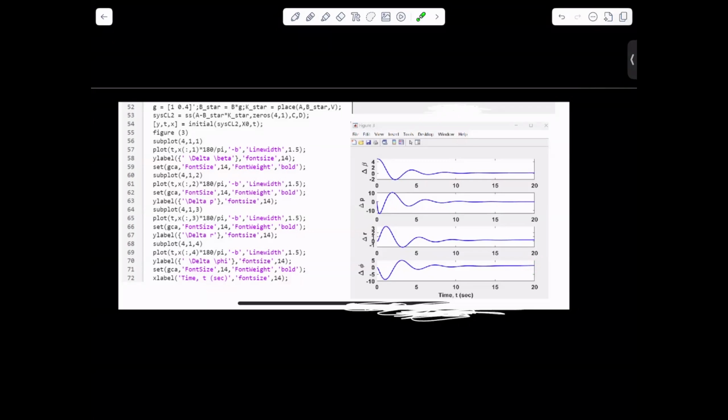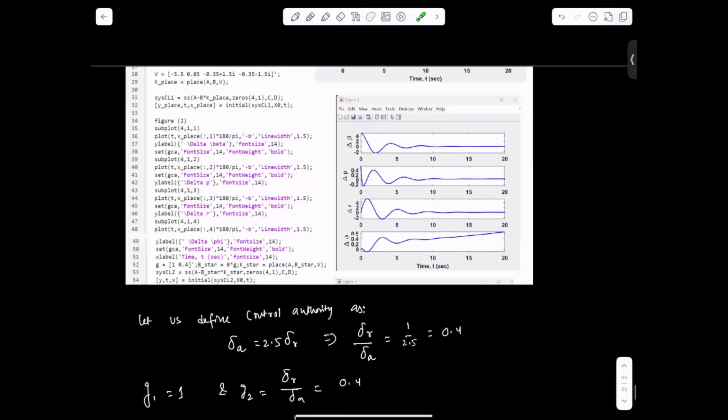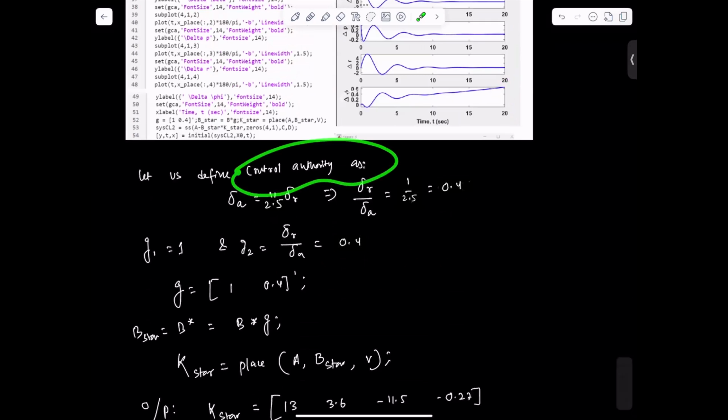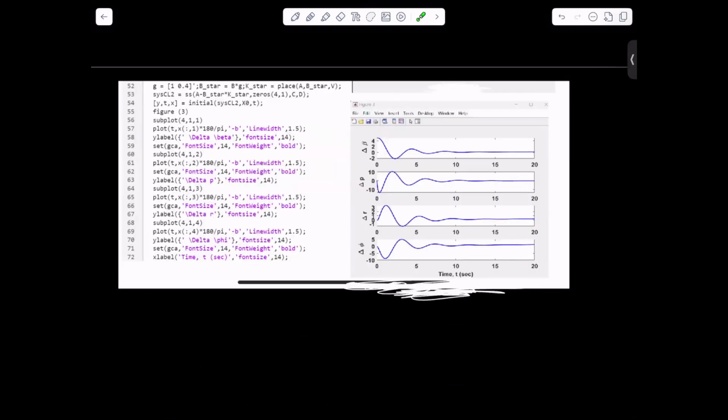I hope these codes are very important for you. For the different cases we need the code. This is for the open loop, there is no control. So that's why the system has sustained oscillation in the response. And here we have designed the control, but one of the states was not controlled. And then we apply the control authority concept. And based on that, the redefined control algorithm is able to improve the handling qualities of the system.